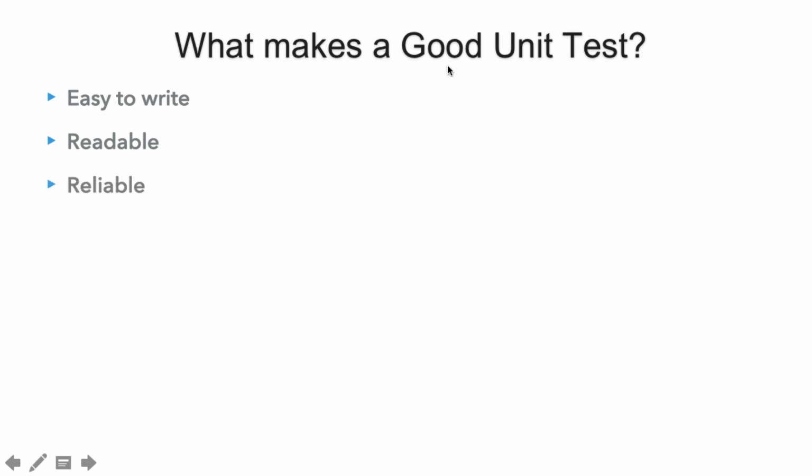The third thing which makes a good unit test is that it should be reliable. By reliability we mean that let's say we have written a few unit tests. Those unit tests shouldn't be dependent on each other or on the environment in which they are getting executed. For example, let's say we are running a few unit tests on one particular machine and those are succeeding. And if we run the same unit tests on another machine they are failing. Those are not good unit tests because they are not reliable.